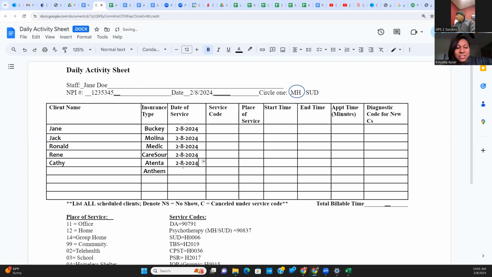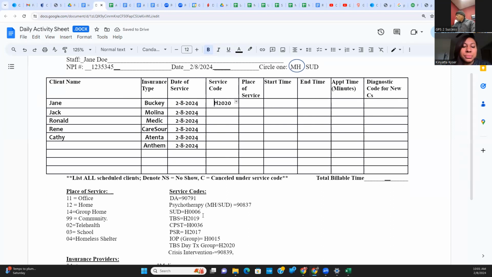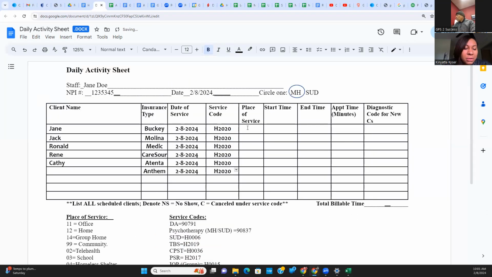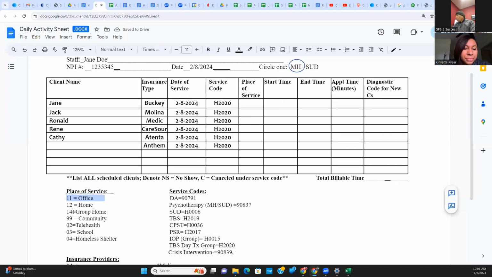Oh, I keep touching the screen because I want to make it move. Our day treatment groups service code is H2020. You see where it says TBS Day Treatment Group is H2020. So you will put that group on there. You will put the place of service as either 11 or